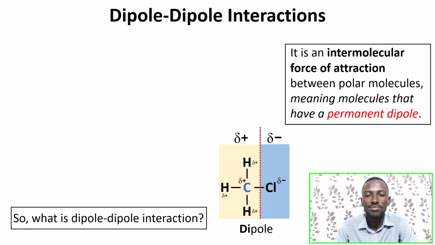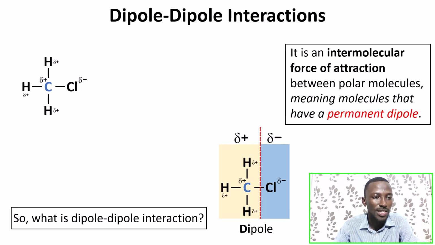A dipole-dipole interaction is an intermolecular force of attraction between polar molecules, meaning molecules that have a permanent dipole. Good. So our focus is on molecules with what? A permanent dipole. So it is an intermolecular force of attraction between what? Polar molecules. Now, in order to explain what a dipole-dipole interaction is, using this diagram of chloromethane, let's consider this